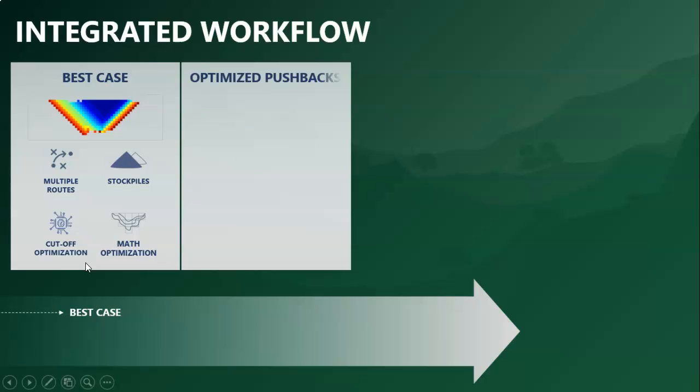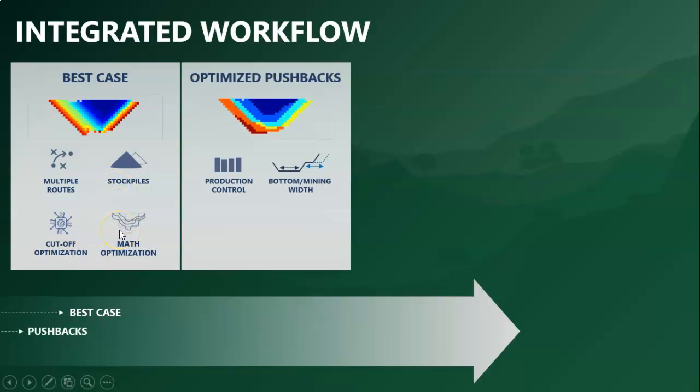It's important to understand that this case will give us a higher NPV, but at this moment, this is not something that we can achieve because we don't have any constraints, and in reality we have a lot of them, so this is more to have an idea of how much NPV we can have.